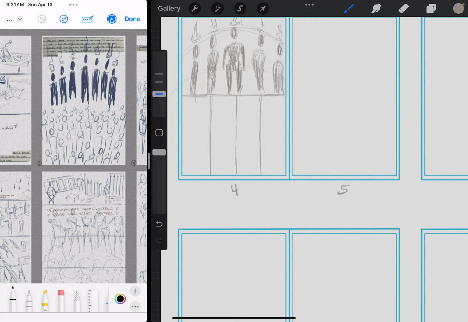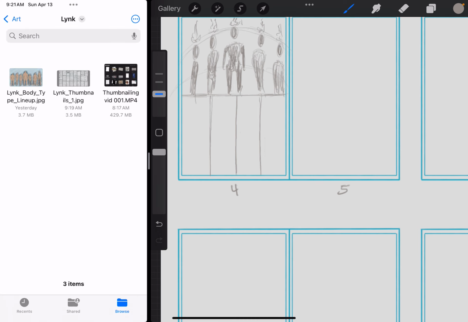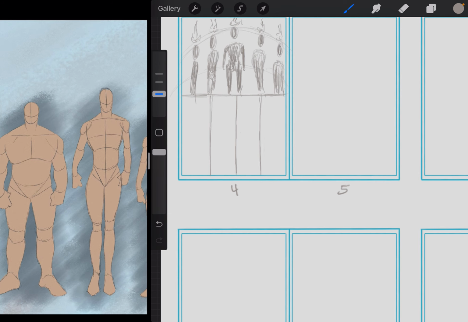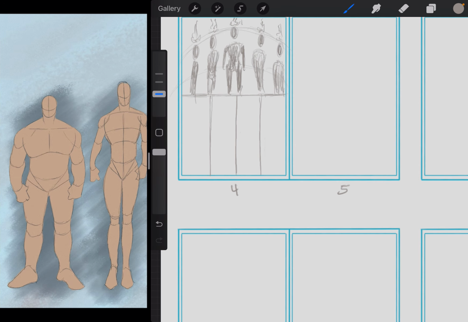So in my previous video, I did the body types, right? I did what I was looking to kind of work with and have different body types within this comic, especially with the stuff that's going on within these pages that I'm working on, and I really want to work with these body types. So maybe I'll have this body type here, and as the indicator,